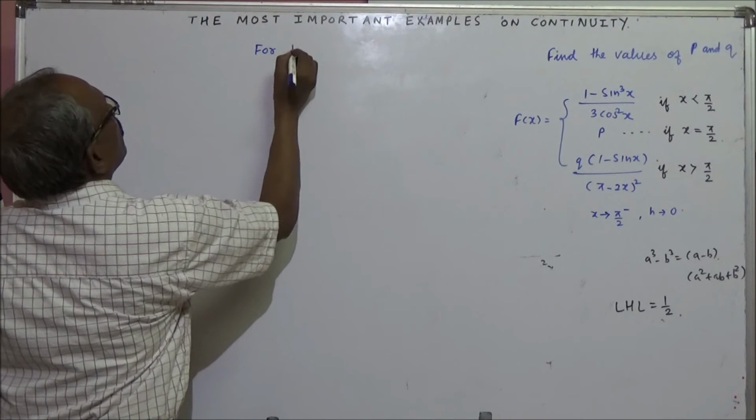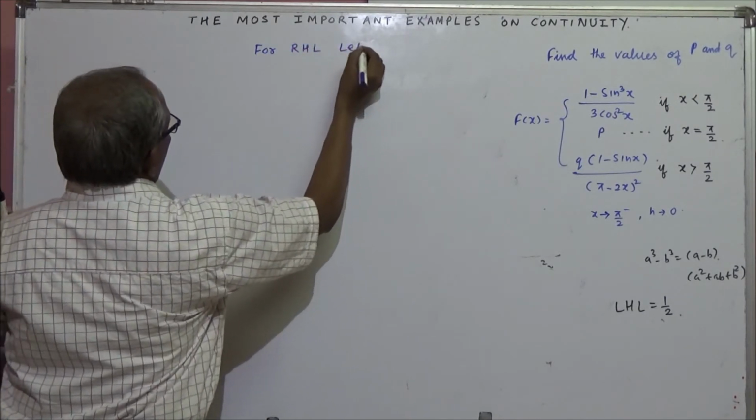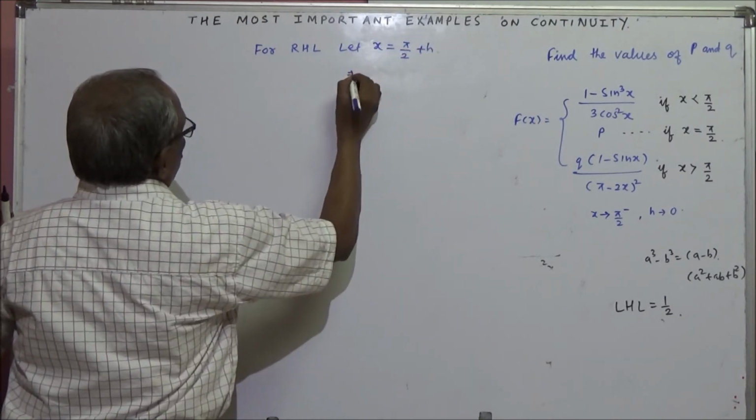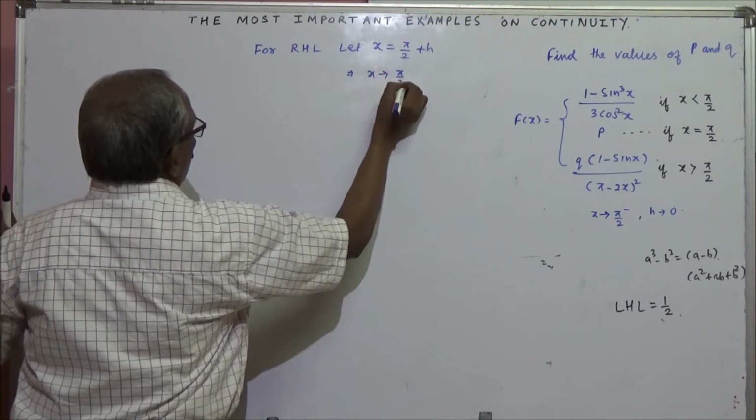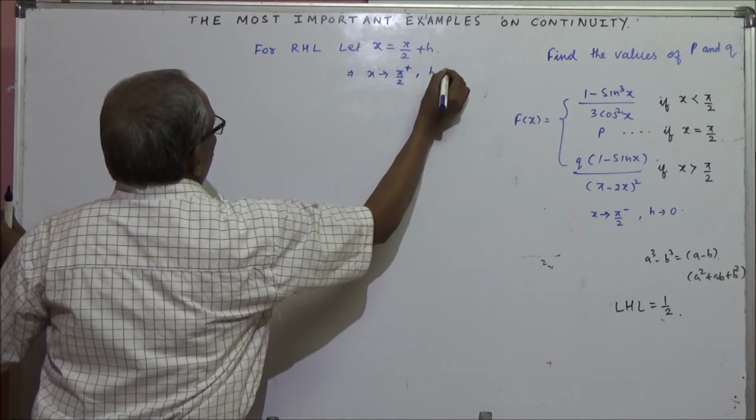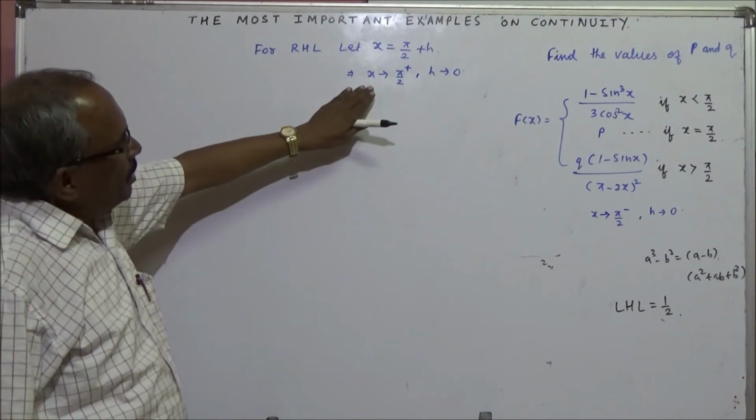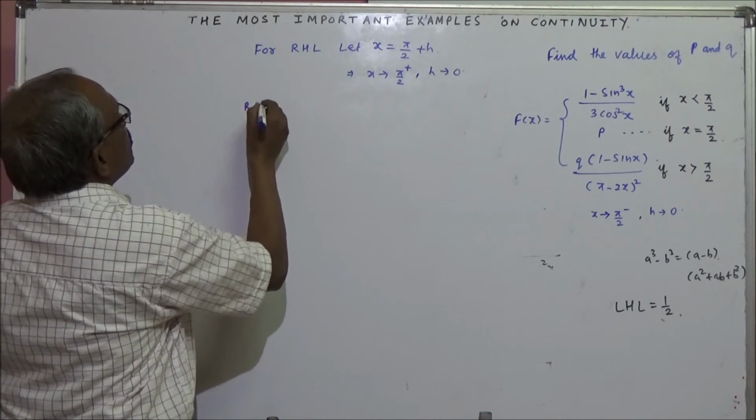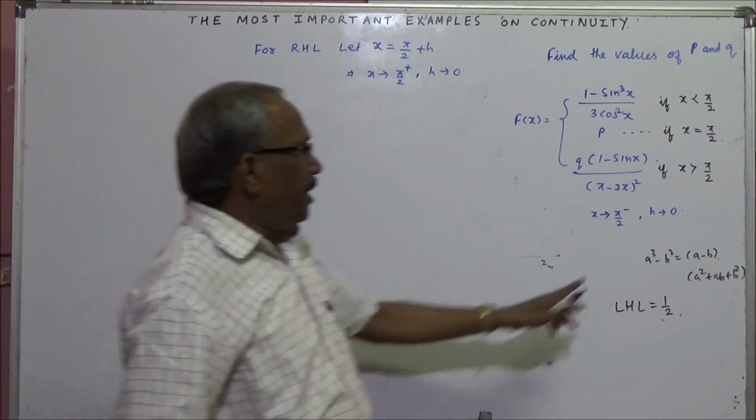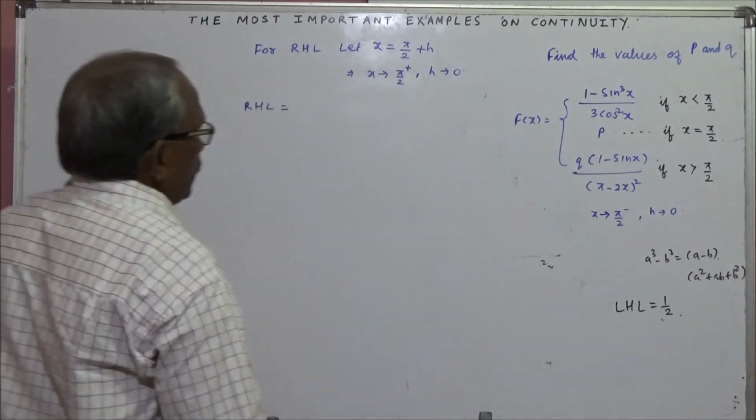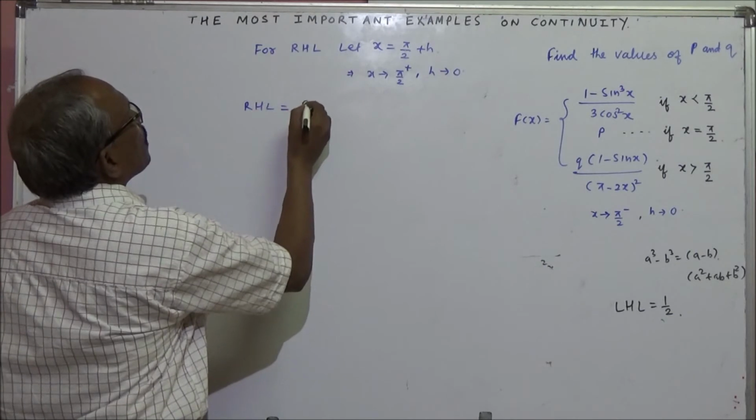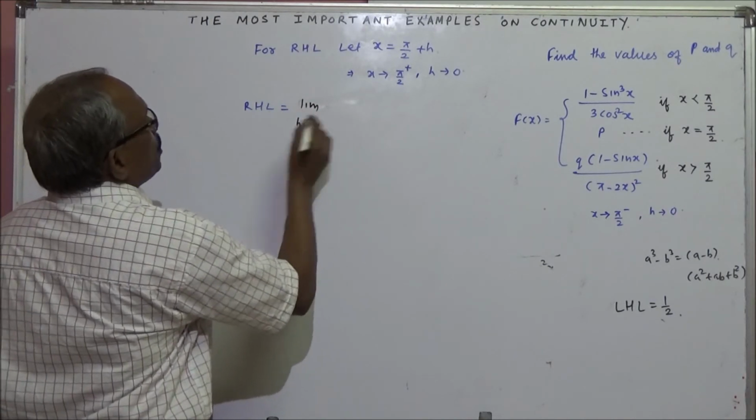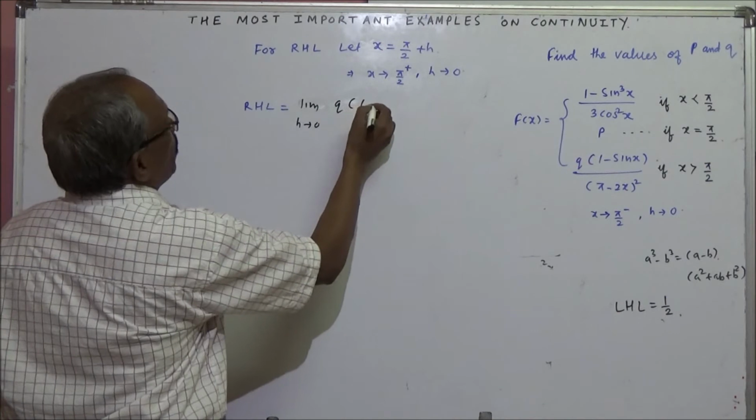For right hand limit, let x is equal to pi by 2 plus h. This implies x tends to pi by 2, plus h will tend to 0. If x is tending to pi by 2, h will tend to 0. So therefore right hand limit is equal to, so for right hand limit x is greater than pi by 2 here, this function we have to take. So I can write here q into, I'll take here limit h tends to 0, q into 1 minus